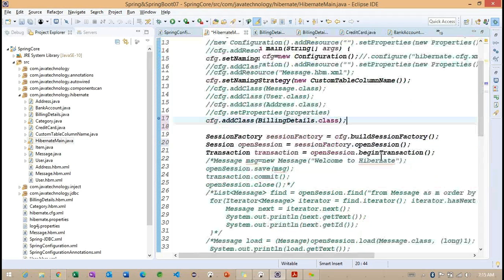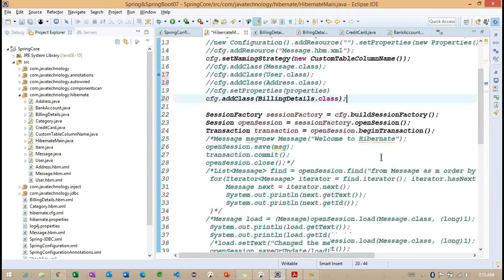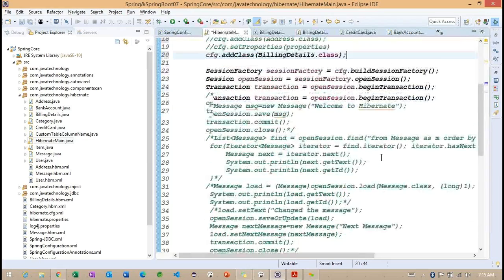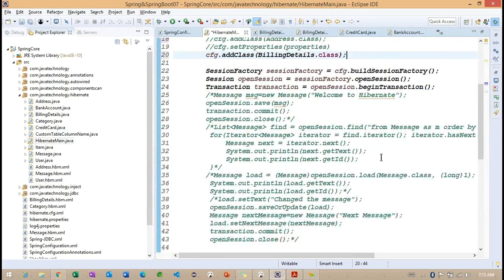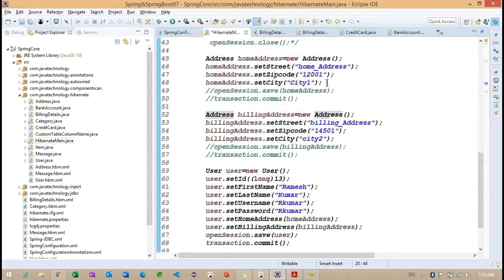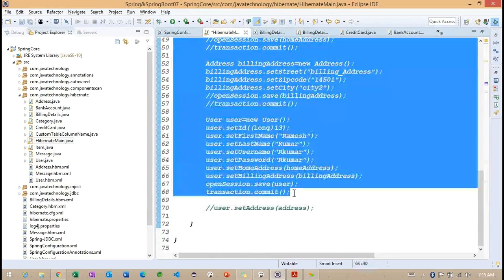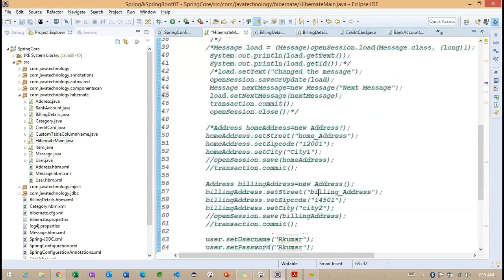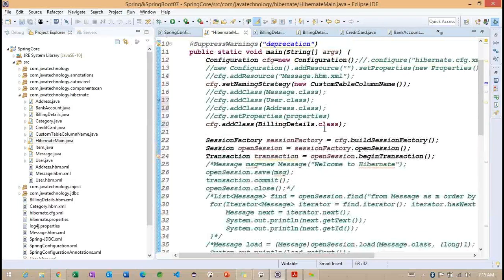Right. So we are going to work with the billing details, and later I want to comment all the sections. Getting the point. So now carefully observe, we are working with the billing details here.